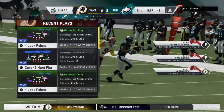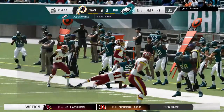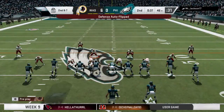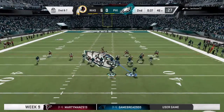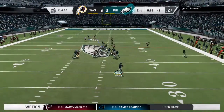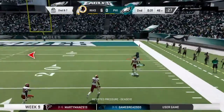I always laugh when people say, what's the toughest route to defend? And I'm like, any of them, especially if it's a good receiver. That makes things very difficult. But when you're running a drag route, something short, shallow, going through defenders, using guys almost as screens in order to get open, that makes things tough for guys trying to...